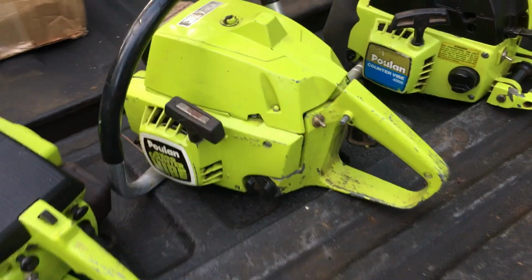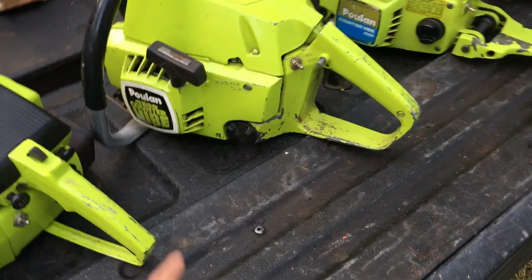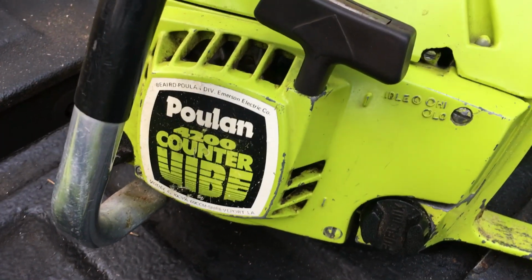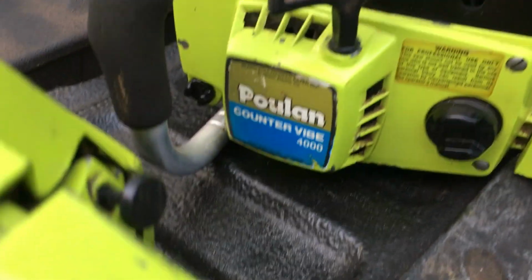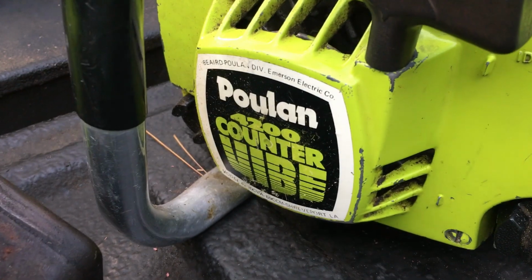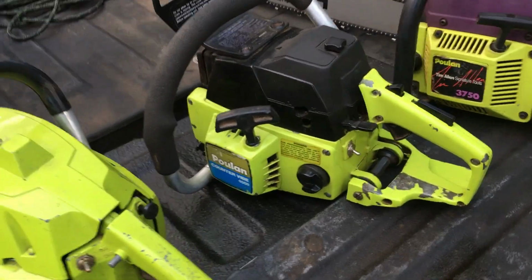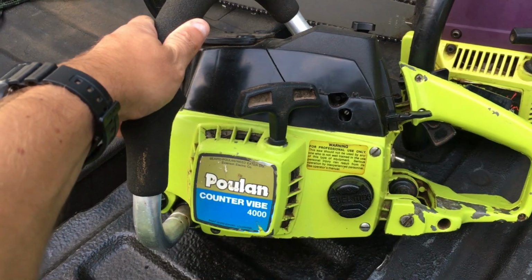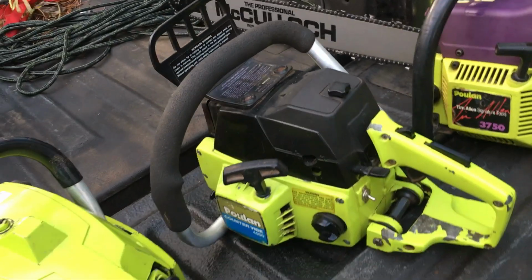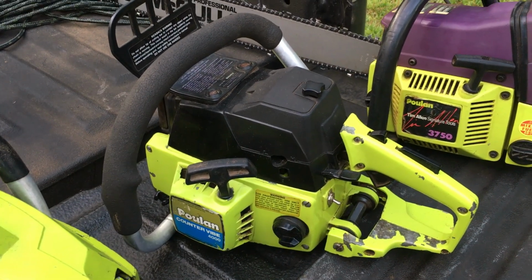the 5200 transitioned to the 5400, and the 4200 transitioned into the 4400, and they changed this retro 70s hippie looking Counter Vibe to a more generic decal, which I kind of like the hippie looking one better, if you ask me. But next up was the Counter Vibe 3400, 3700, and 4000. The 3400 was first, I think, in like 78, and then the 4000 and 3700 I think came out in